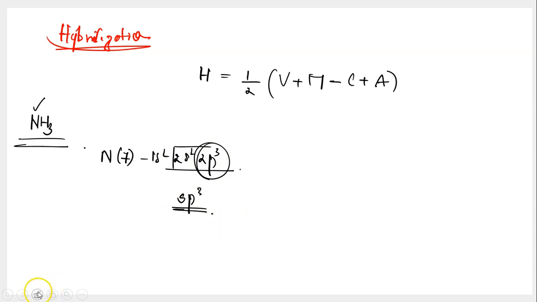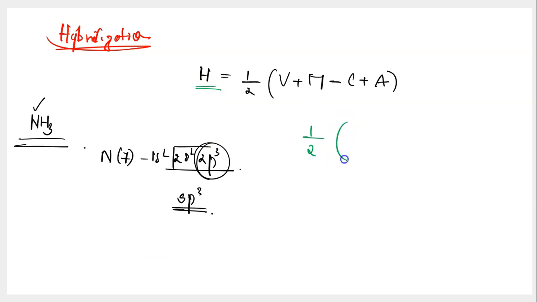But then technically, this entire process is not easy. It's not possible when you are solving questions in a competitive exam, because you need to work on your time, right? So you need to work on how to save time, how to solve questions quickly. That's why we have this formula to calculate hybridization. So through this formula, we'll get to know the number of hybrid orbitals. Let's apply this formula for ammonia.